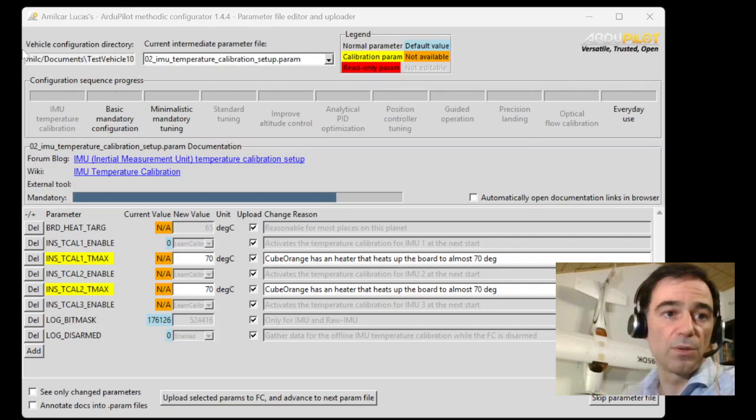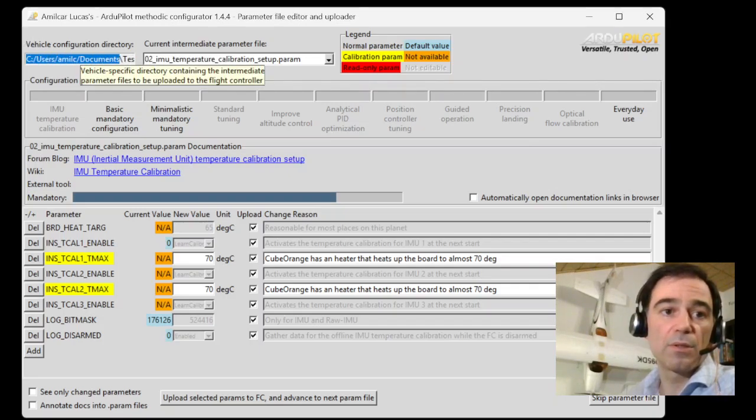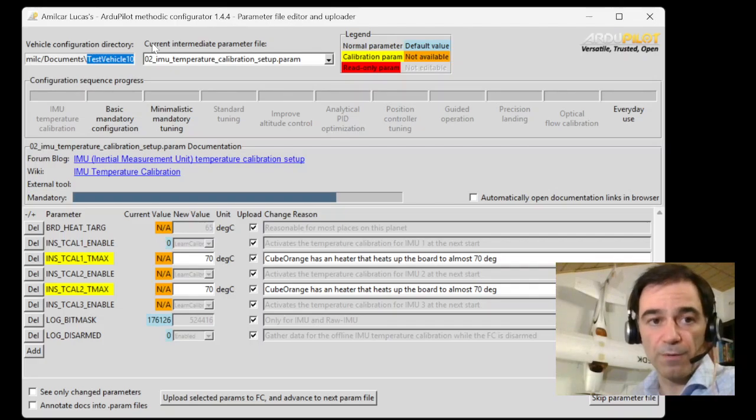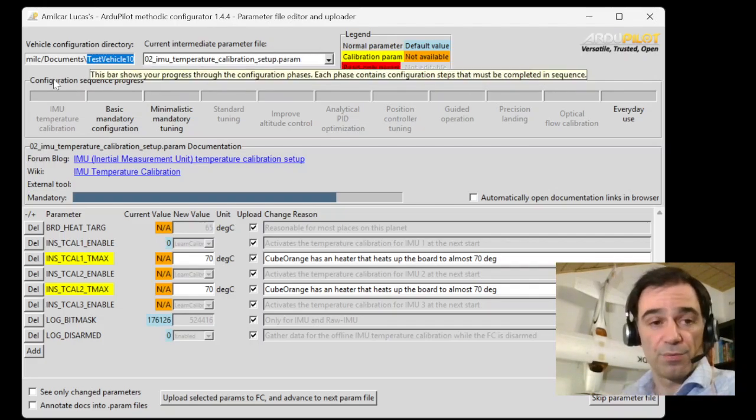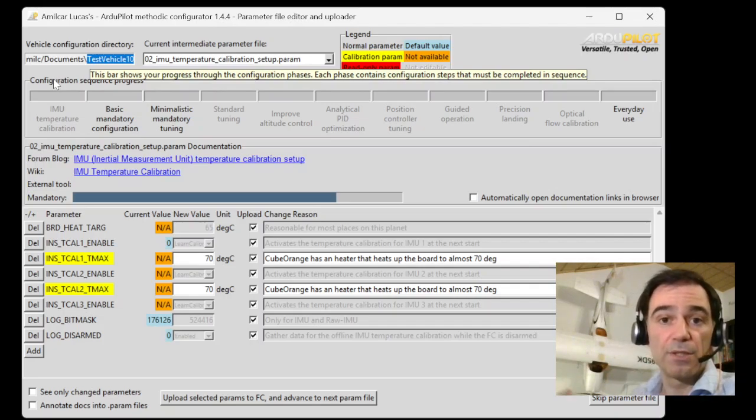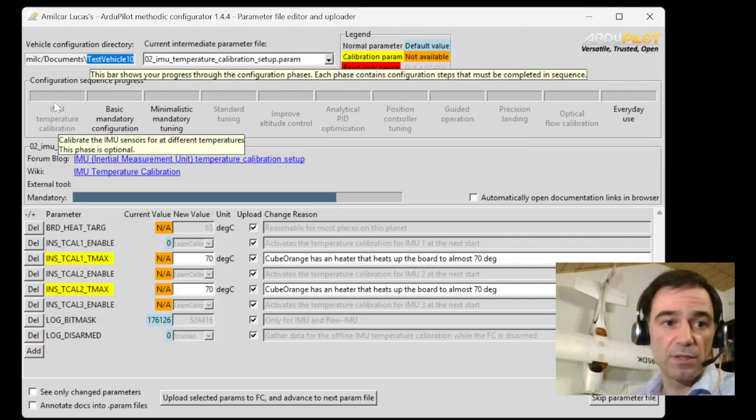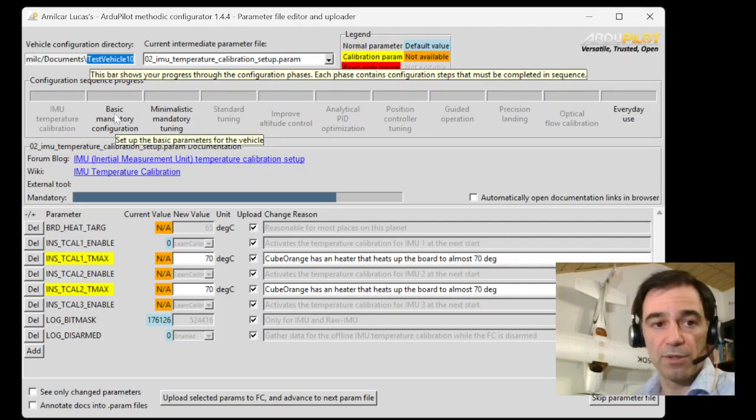There is the vehicle configuration directory. That's the directory where you selected to create your project file. This is your directory where the project files reside. The current intermediate parameter file, we're going to see in a moment what that means, and the configuration sequence progress. Configuration is divided in phases, and each phase is further divided in steps. There are some phases, like this one, that are optional, and other phases that are not optional. They are marked here with the black text,